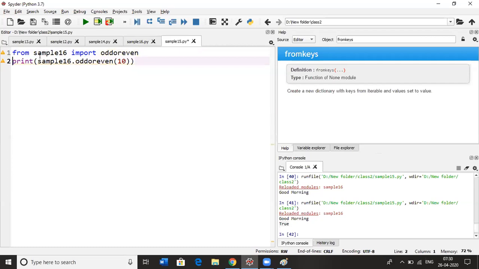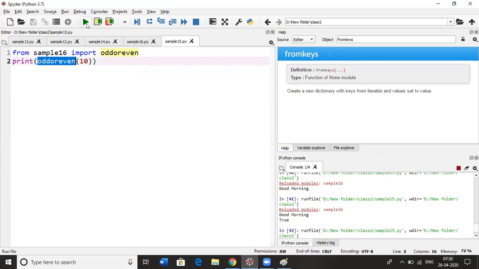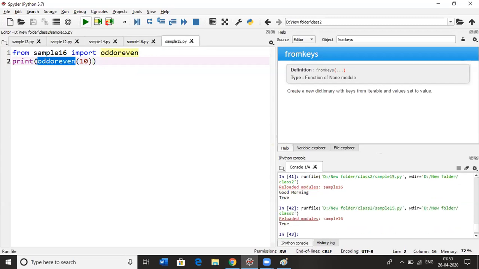Yeah, got it. We don't want to use the sample name, and we don't want the dot here. Just put odd or even and 10. So you can just use this function directly. It will only import the odd or even function, not the whole module.